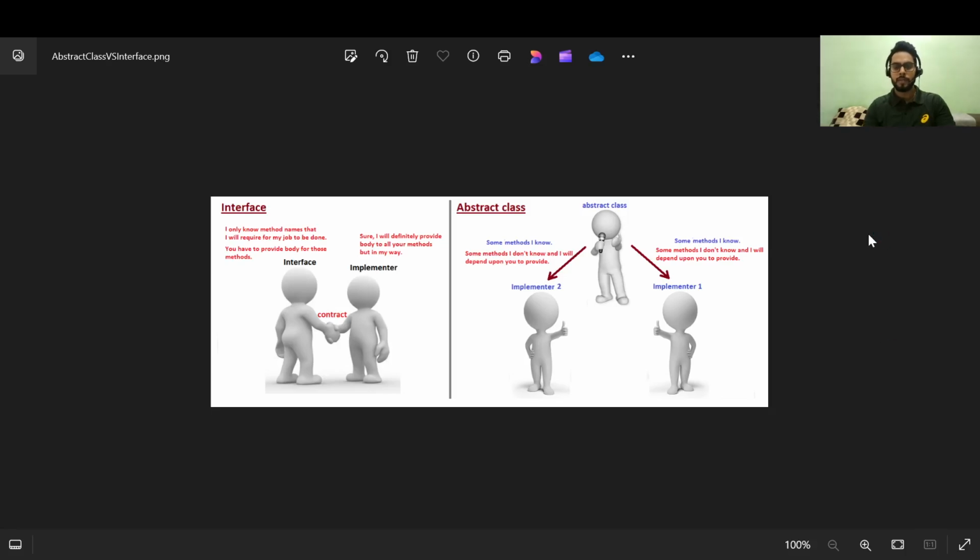We can achieve abstraction by using the interface and abstract class. In the case of interface, we only need to provide the declaration part of the data members, and the implementation part will be provided by the class which will implement this interface. And in the case of abstract class, it has both things, meaning the declaration part as well as the implementation